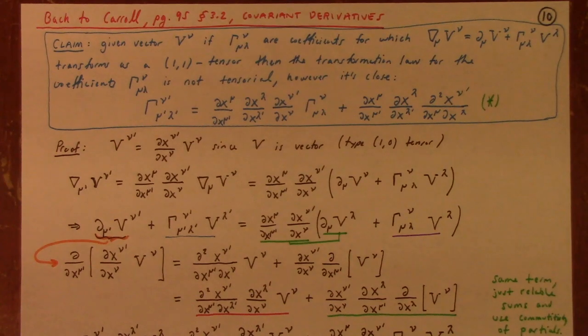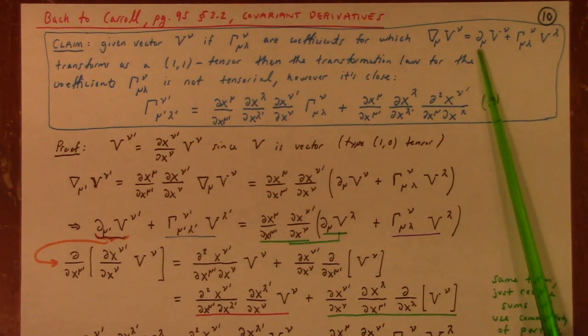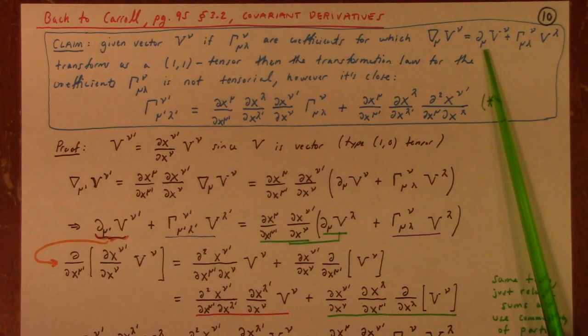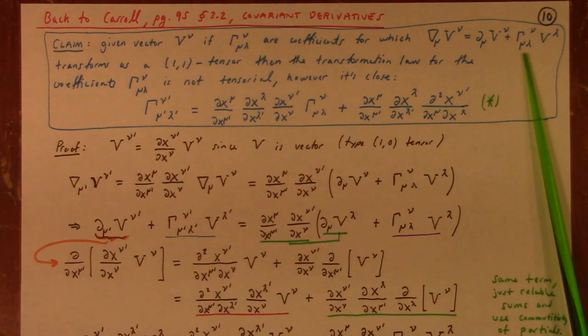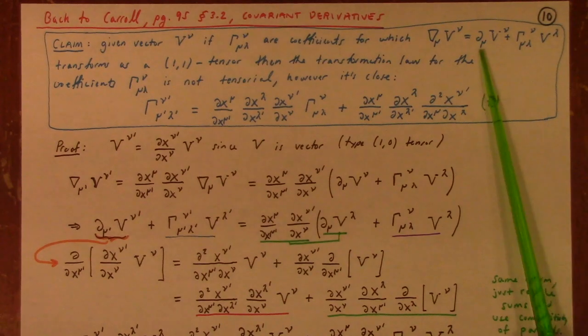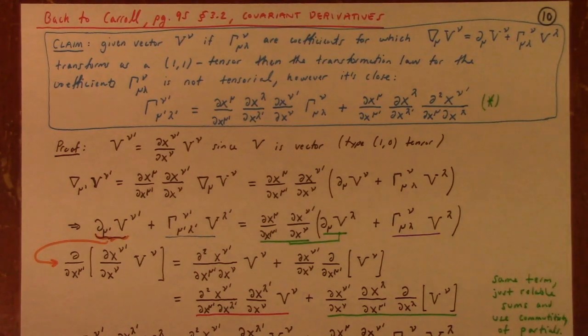So the thing that you need to fix, it kind of makes sense, right? I'm saying that this doesn't transform as a tensor. So what do you do? Well, you find something else that also doesn't transform as a tensor, but in some sense they ameliorate each other's non-tensorial nature and give you something that altogether is a tensor. Anyway,